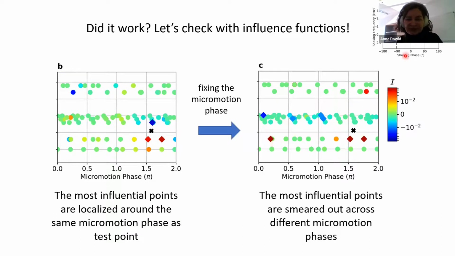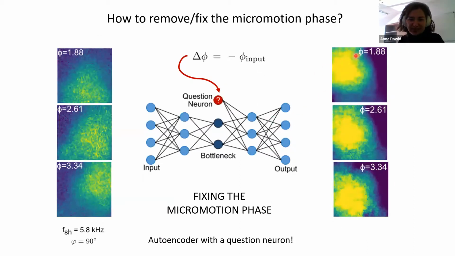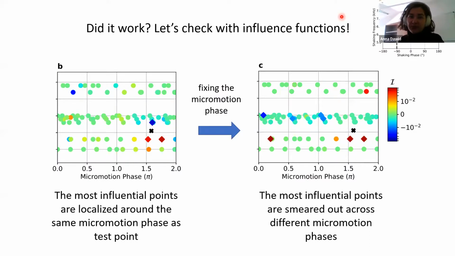So this is the data across one cut of the phase diagram again. And the idea was to check whether after fixing the micromotion phase, maybe we still have some leftovers of this quality. Maybe we see by our own eyes that something changed, but maybe we left some numerical leftovers. And how did we approach that? In the first picture, you have how influential the data are, how similar the data are to each other before fixing the micromotion phase. And this is as a function of micromotion phase.